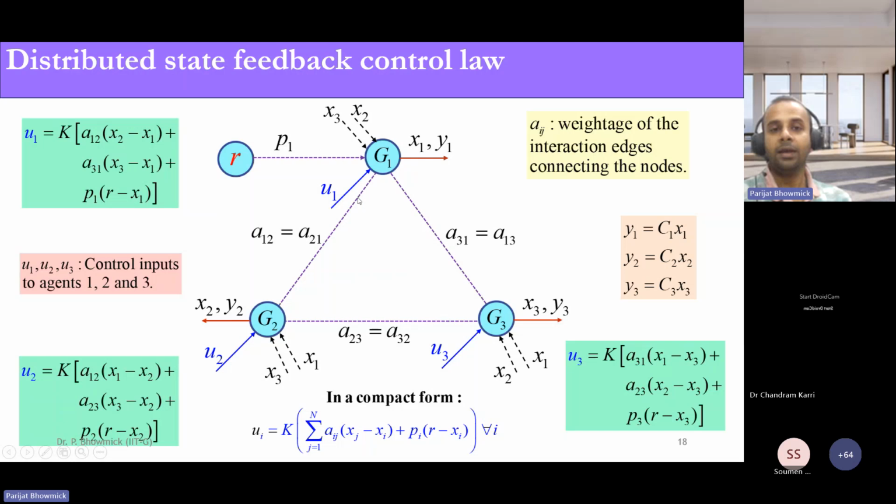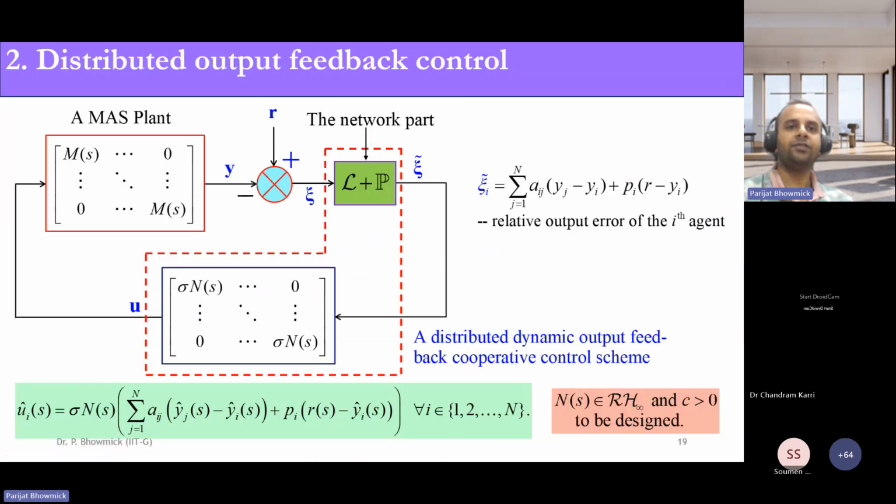But the P2 and P3 will of course be 0, because at least in this particular case, the root node is not attached to the other two agents. Okay, so that is the interpretation. Then after that, we also learn the distributed output feedback control, where compared to the last configuration,